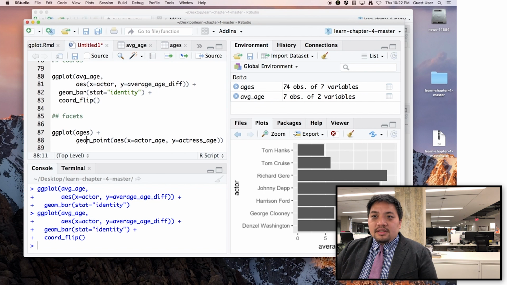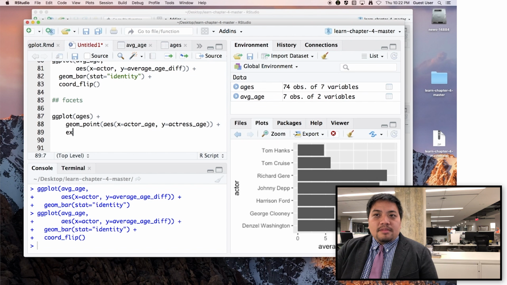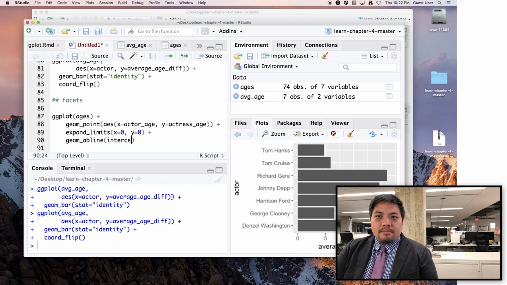So ggplot ages plus geom_point, age actress, plus... let me see if I can find it again. Nope. Expand limits, remember? X equals 0, y equals 0, plus geom_abline, intercept equals 1, and the color was light gray,